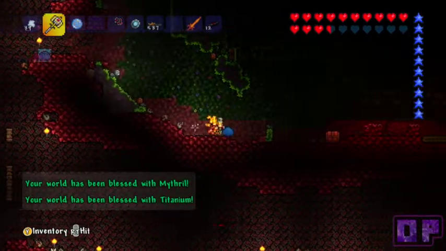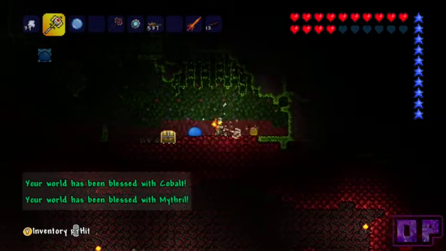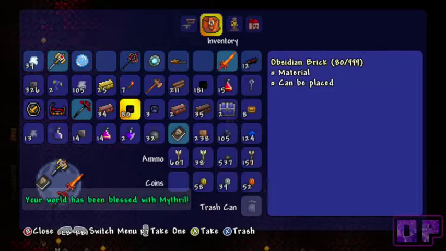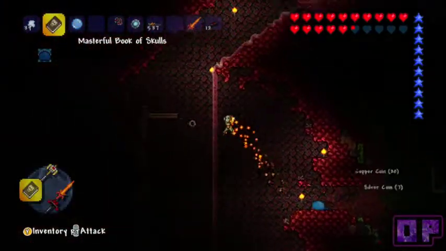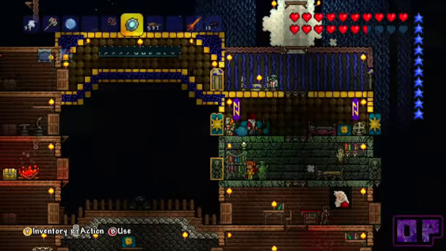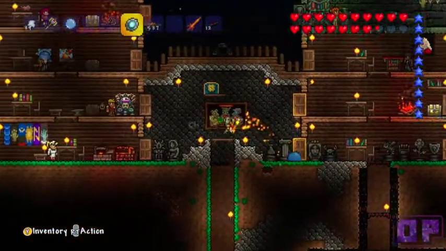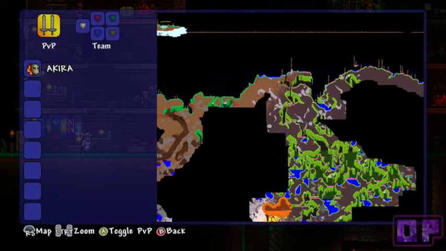Mithril again. Titanium. I'm looking for palladium, really. Cobalt. Right, okay. I think we're pretty much done. Yeah, so I'm guessing it's done more than just that. Well, I'm hoping so. So I'm going to use the magic mirror. And just to get an idea of what's going on there and see if we can find some of these new shiny ores that we've put into the world, we're going to head back to...